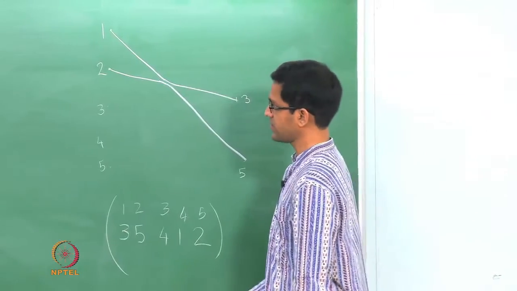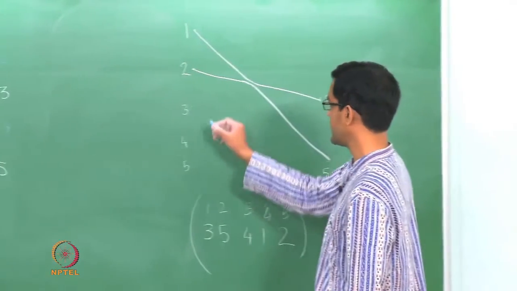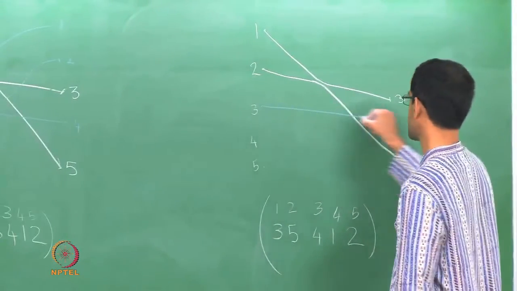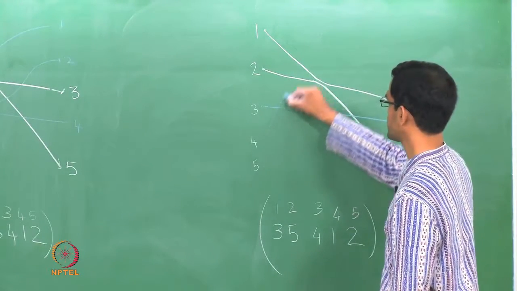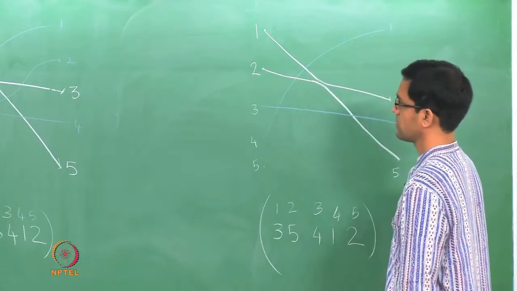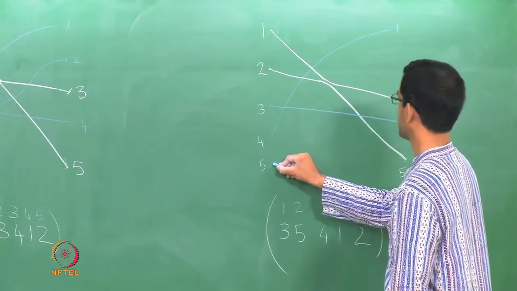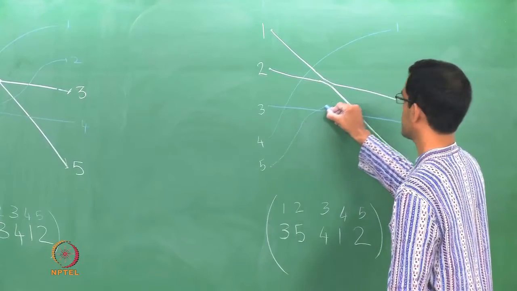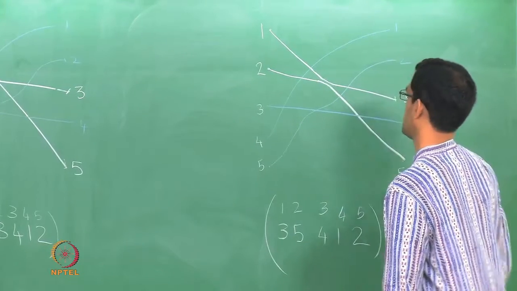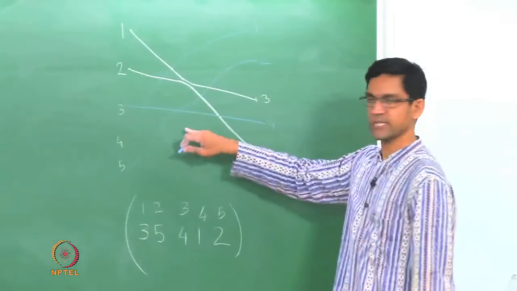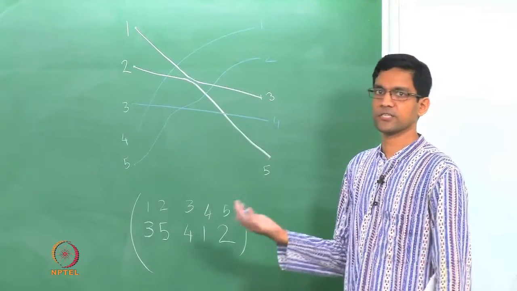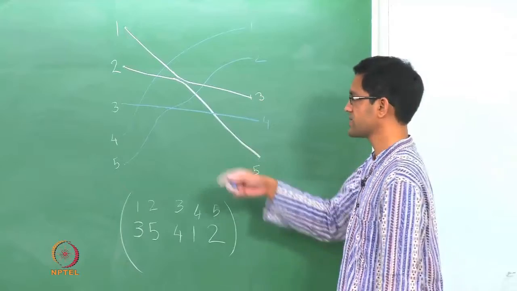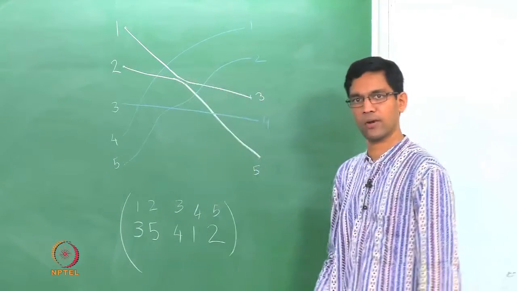Now, observe the rest of the picture really does not change. So, earlier I had 3 goes to 4. So, I will just draw it the same way. I draw the same picture, 3 to 4, 4 going to 1, we draw the same picture, 5 going to 2, we draw whatever we drew earlier, like this. And so, as far as the blue lines are concerned, the number of times the blue lines intersect the white lines does not change, because for all practical purposes the white lines are really the same as the old white lines.